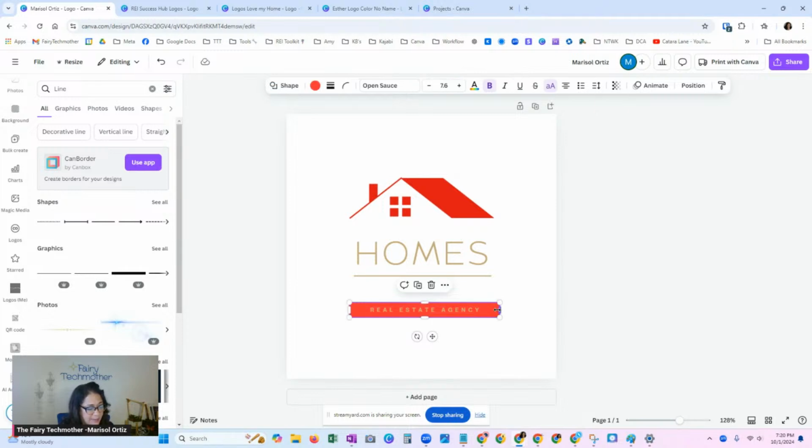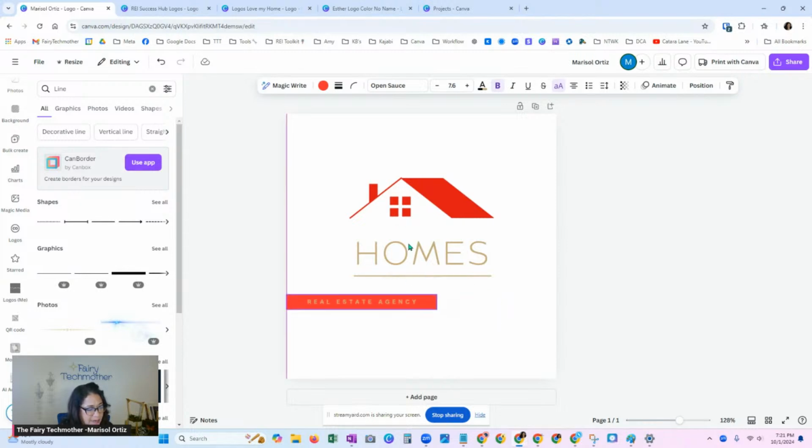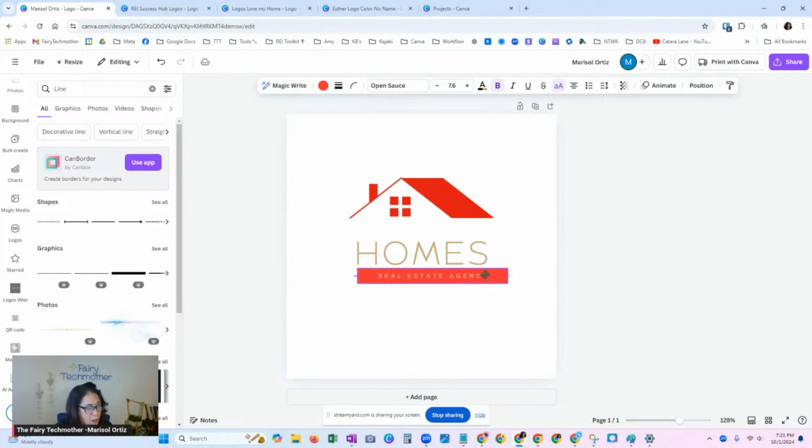I'm clicking on that element, holding down the shift key on my keyboard, clicking on the text box element, and selecting group. Now this is one element, and I'm free to move it around more freely without worrying, okay, now I've got to move the box, now I've got to move the text. That could get a little bit annoying.